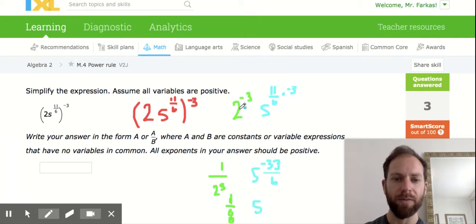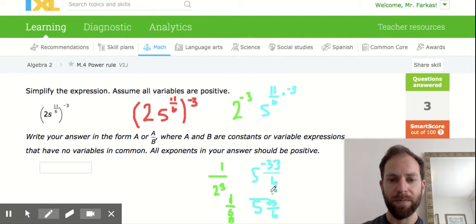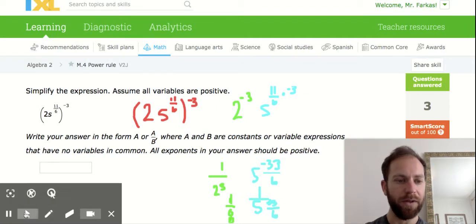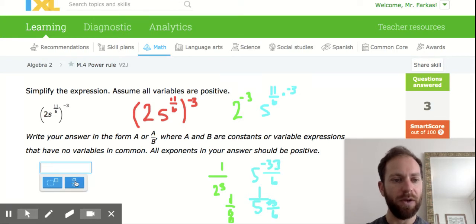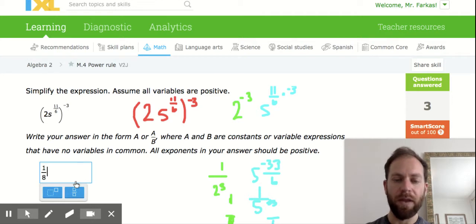See here how we did 2 to the -3rd power? This went on the bottom and became positive. So here we're putting s on the bottom, right? And then it's becoming positive 33/6. And on top we have a 1. Let's go ahead and write this in here. So we have 1/8. And then here we have s,